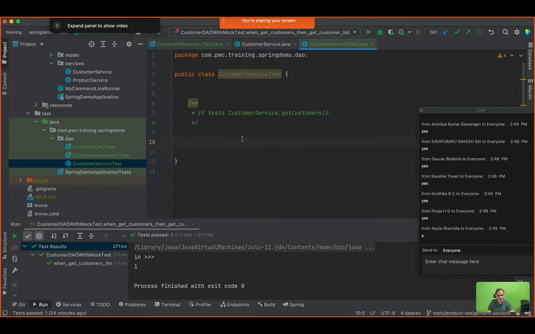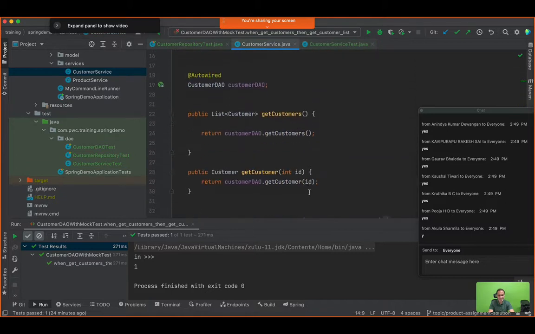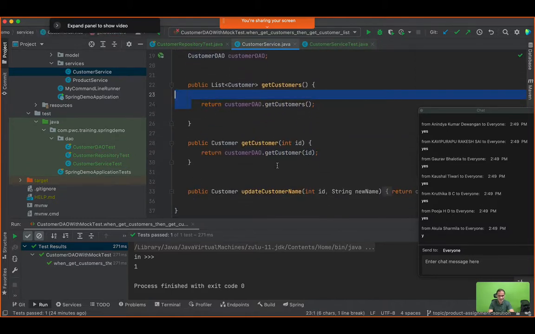Once I have written this, what do I have to do then? See the fun here. If I have written my test case here, I'm done. I need to go back to my customer service. I will start implementing the body of the methods, and how do I test my method? Do I need to have a controller to make a call to the service and store something on HTML? That's how you think I'm going to test it? If I do that,